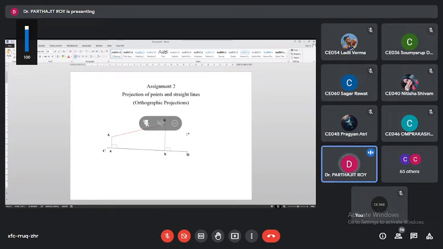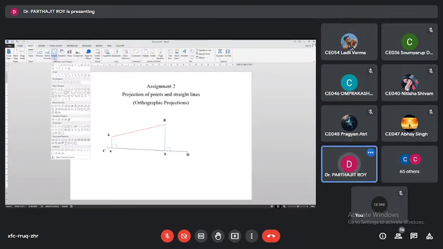This is the same case. Even now, if you are asked to get the projection of CD on AB, the process remains the same. Now we will draw perpendiculars from ends C and D on the line AB, isn't it? Am I clear? Yes, sir. If you are asked to get the projection of CD on AB, what will we do? Same procedure, perpendicular from C and D. It is exactly the same.